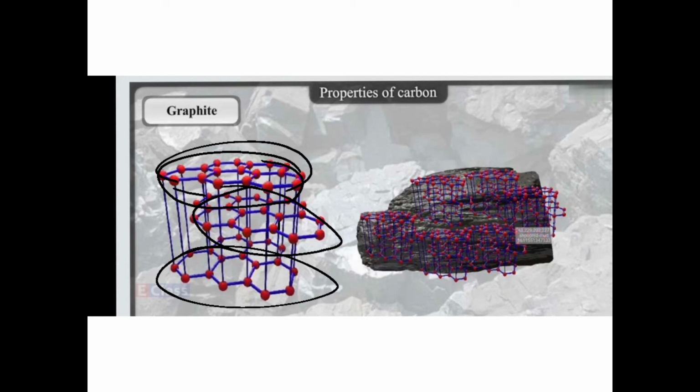So free electrons move continuously within each given layer, and that is why graphite becomes a good conductor of electricity, because flow of electrons is there. Electrons are flowing, that means current is passing, right? So graphite is a good conductor of electricity. See, how does the allotropic nature come in? Chemical property is the same, but physical property is different. Diamond doesn't conduct electricity, whereas graphite conducts electricity. Got the difference?